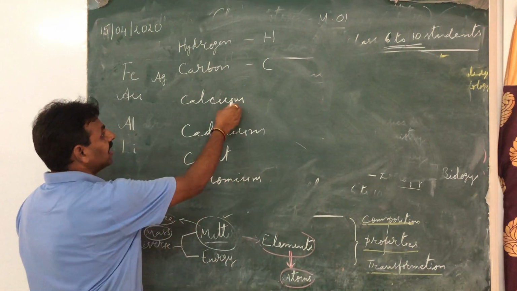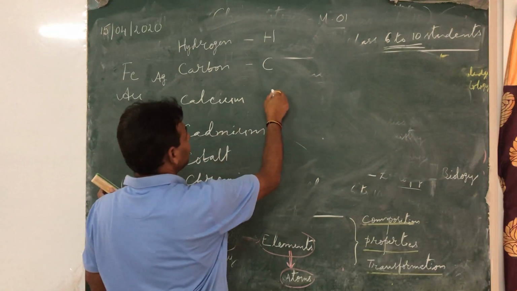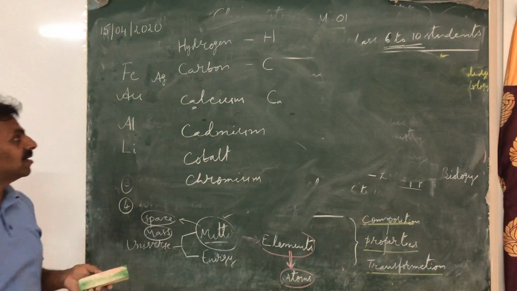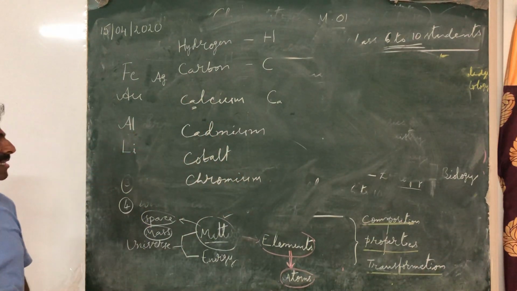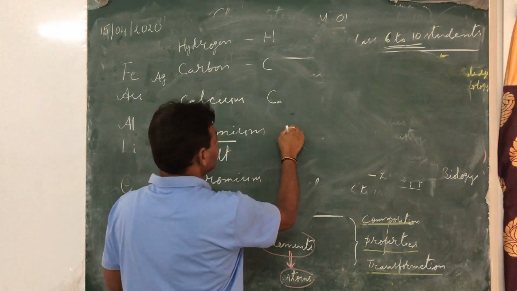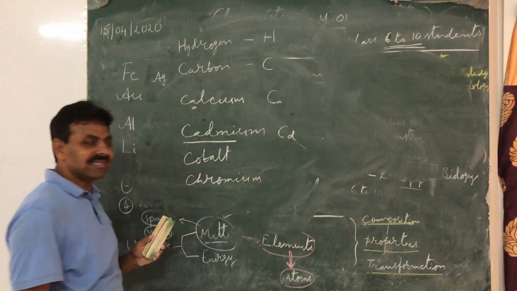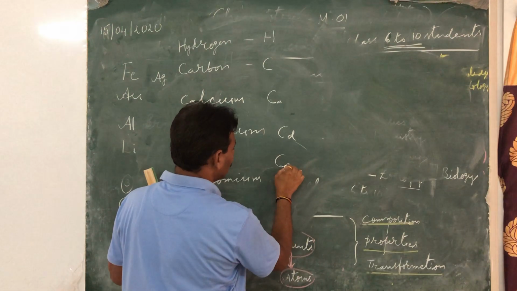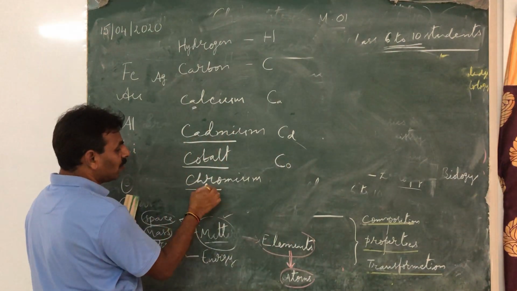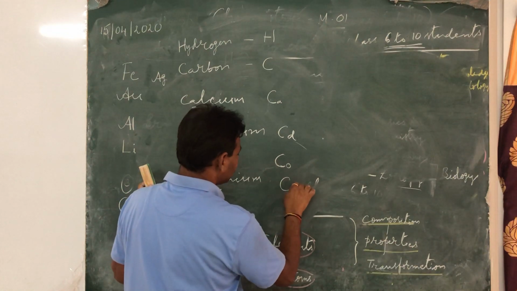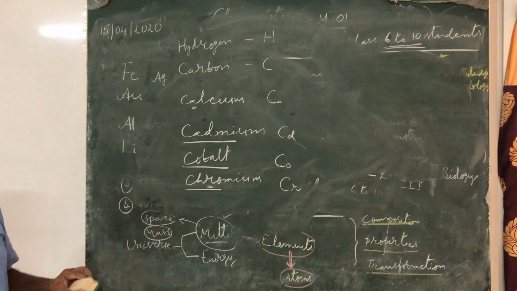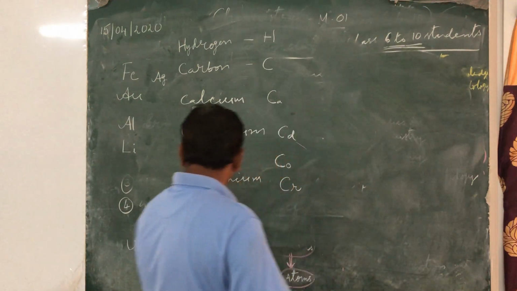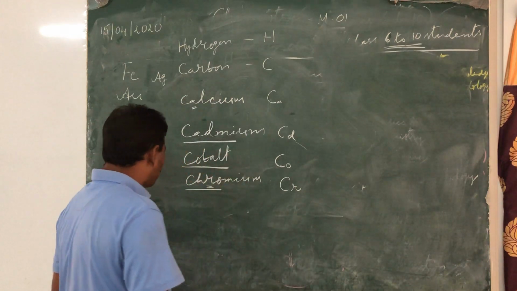Therefore what they did, in case of calcium, they have used capital letter C followed by the small letter A that follows C in its spelling, calcium. In case of cadmium, C with D, it is cadmium. In case of cobalt, capital C with small o, it is cobalt. In case of chromium, since R is there, the C with R. Okay, like that. So, first letter is always capital, followed by a small letter, depending upon the spelling of the name of the element.